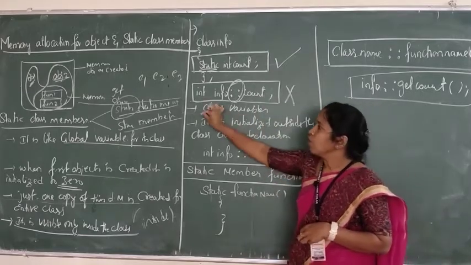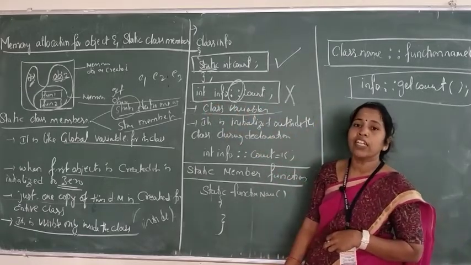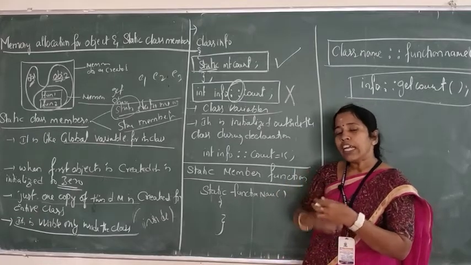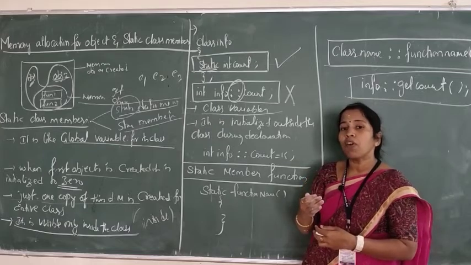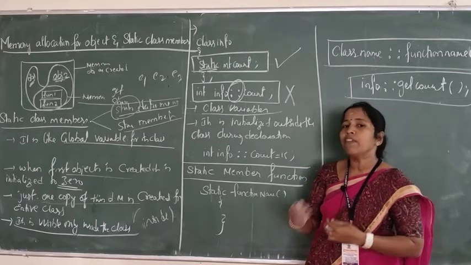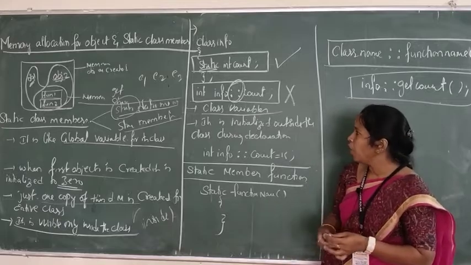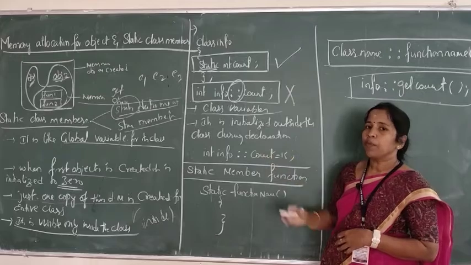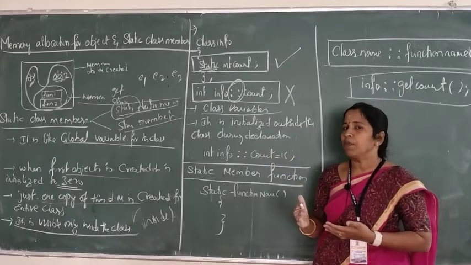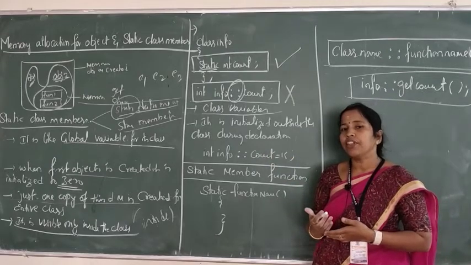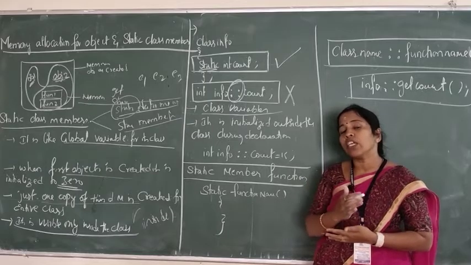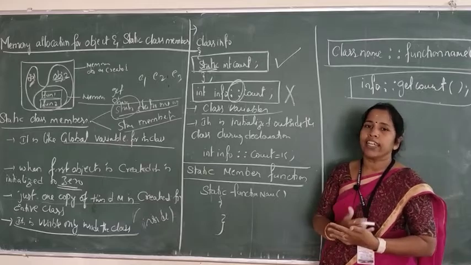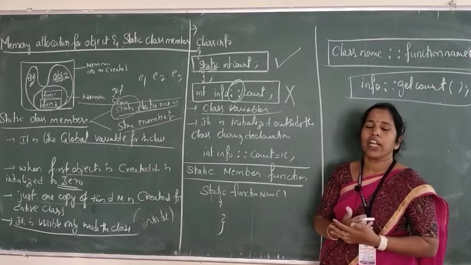This is a declaration here. And I told you static variables are considered class variables. Why? Because they are defined inside the class, they are visible only inside the class. The lifetime of the static variable will be only within the class here. Now, one more thing: it is initialized outside the class. Suppose you have declared the variable. Now, initialization is nothing but assigning values to the static variable. So initialization of a static variable is done outside the class. Always remember this thing.